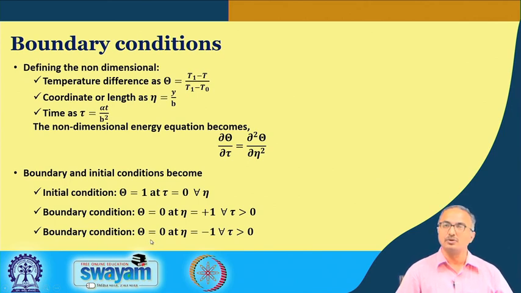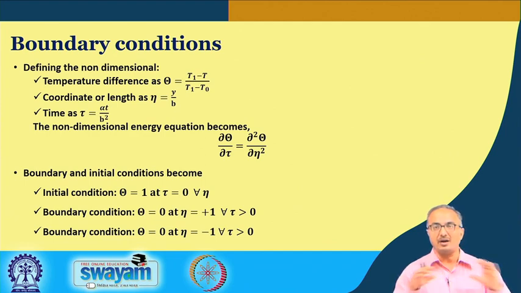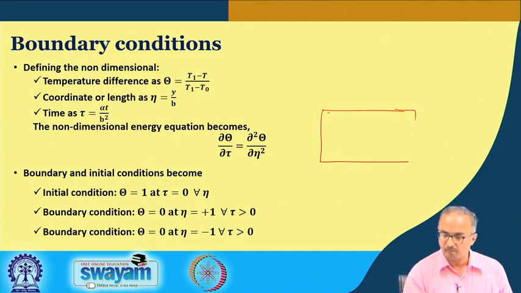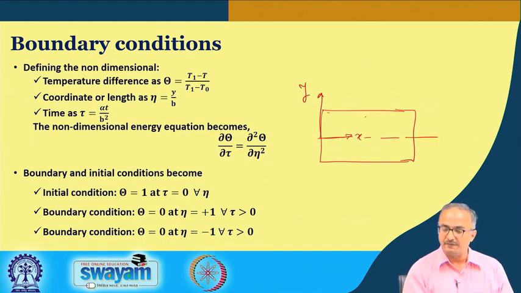So, either you can solve for the whole domain, or in this case, if I want to take 1/2 of the solid, that means if my given system is like this, here we have taken our origin. So, if I am going to solve for this 1/2 of this, and if I take them to be symmetrical, then if this is y equal to 0, at y equal to 0, due to symmetry, I can take dT/dy equal to 0.